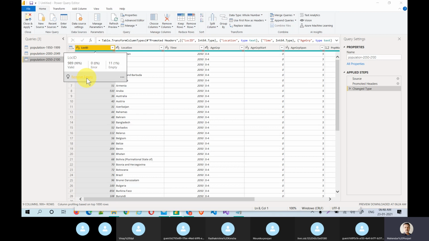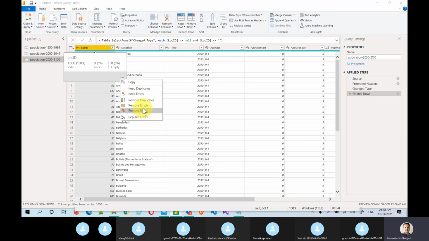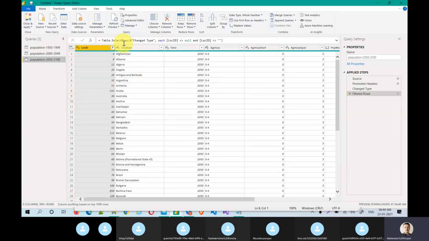So for now, I just use this option, and now you observe all are perfectly fine. So what we have done here is just use the remove empty, and here also you have the remove empty option. If you click on those three dots, okay, remove empty, keep empty, all those things we can do, and we can understand are they really empty or not. Let's say you might be very curious what those empty rows are. Okay, just keep blank rows. If you want to see the blank rows,